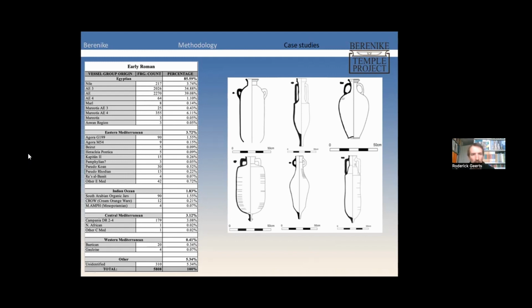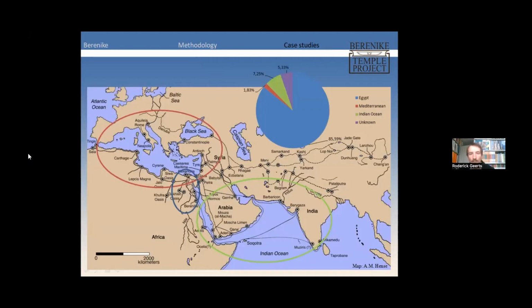And if we put that on a map and in a pie chart, you see this pattern. So I've roughly indicated with circles the areas where the material comes from, and then the graph shows you that, as the table did show, that most of the material originates from Egypt. So that meant the site was supplied with lots of material from Egypt itself, and very little material trickled in